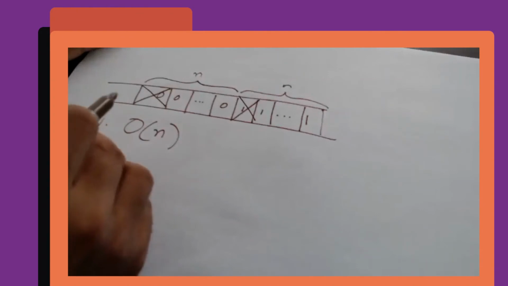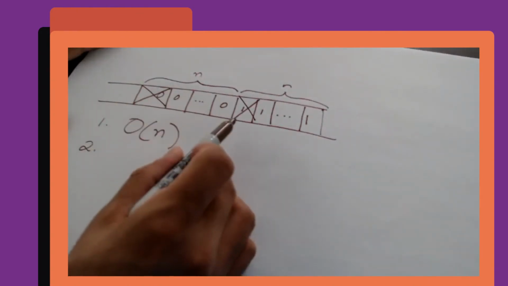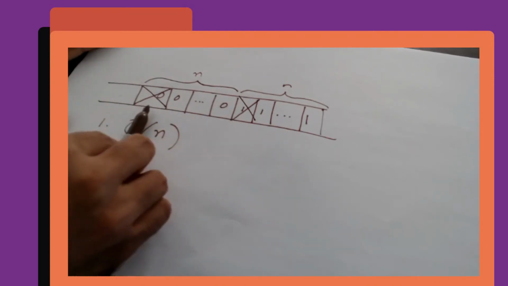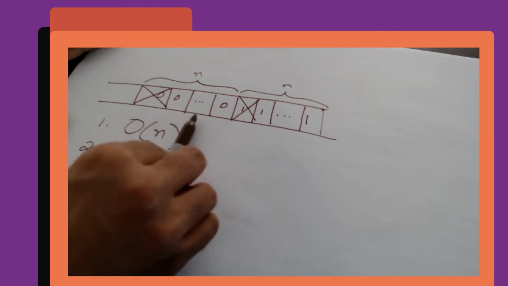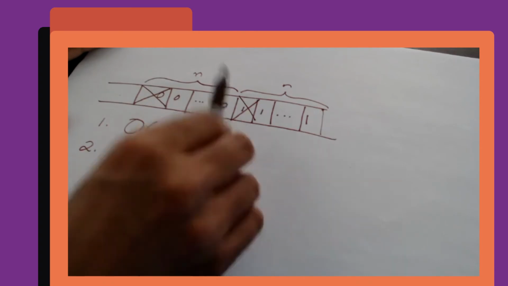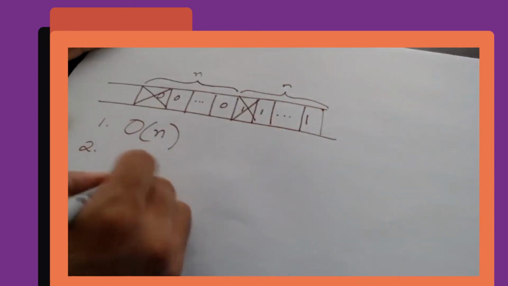And so this one operation of crossing out a pair of 0, 1, how much does that cost? So we have to cross out a 0, that's just one operation, and then travel along the tape until we reach a corresponding 1 and then cross out that 1. So this thing is taking O(n) time,